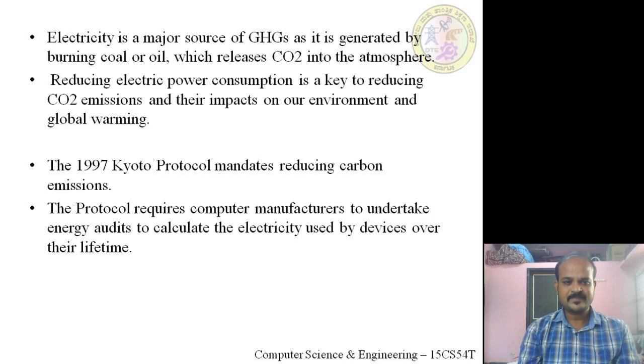Okay, so to reduce this, in 1997 they have come up with the Kyoto Protocol. Okay, so what it does, it mainly mandates the reducing of carbon emissions in enterprises. So companies ಅಲ್ಲಿ ಏನು ಕಾರ್ಬನ್ ಎಮಿಷನ್ಸ್ ಆಗ್ತಾ ಇರ್ತಾವಲ್ಲ ಅದನ್ನು ಕಡಿಮೆ ಮಾಡಬೇಕು ಅನ್ನೋ ಒಂದು ಮ್ಯಾಂಡೇಟ್ ಇಟ್ಕೊಂಡು ಈ ಕ್ಯೋಟೋ ಪ್ರೋಟೋಕಾಲನ್ನು ರೆಡಿ ಮಾಡಿದರು 1997 ಅಲ್ಲಿ. Okay, so this protocol requires computer manufacturers to undertake energy audits to calculate the electricity used by devices